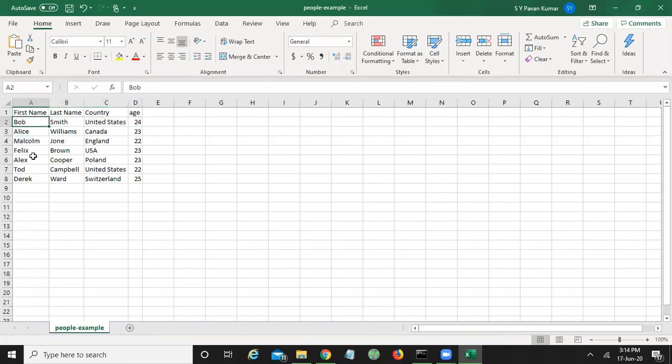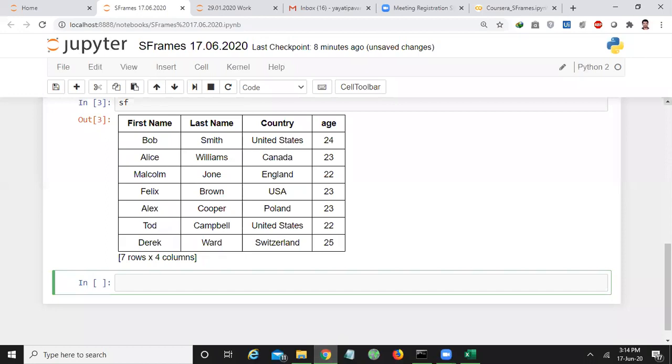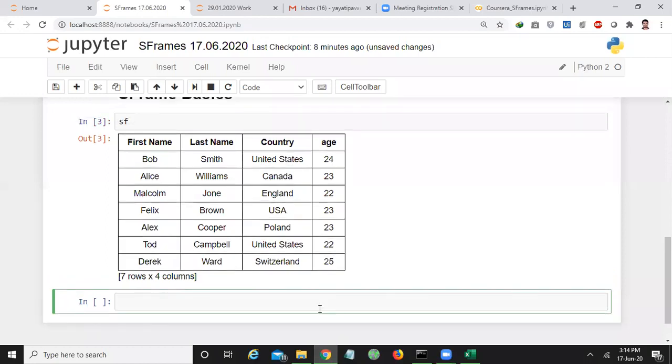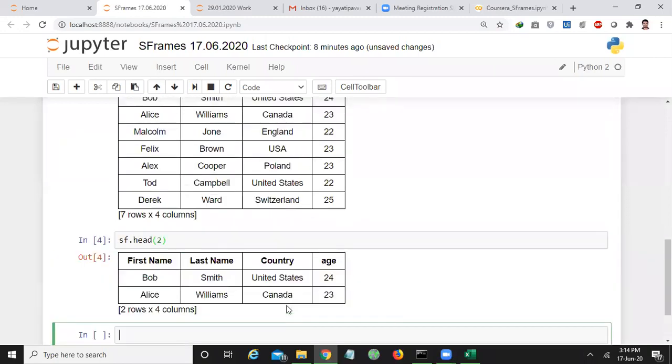Each row we call an example: first name, last name, country, and age. This is the file that we have loaded as an S frame here. If you say sf.head of 2, then you'll get the first two rows of your S frame.